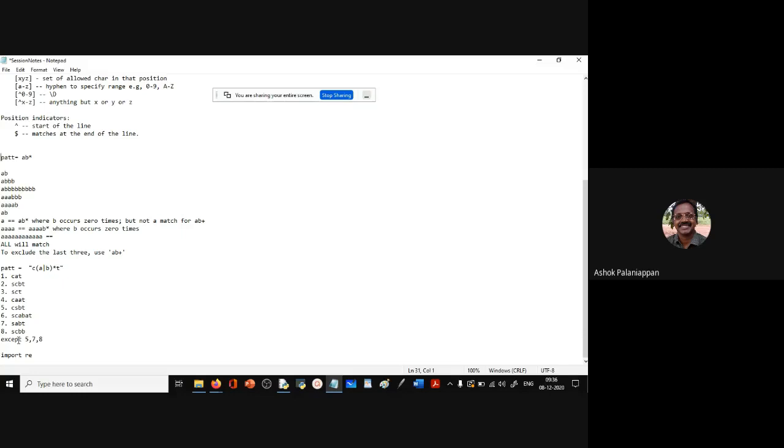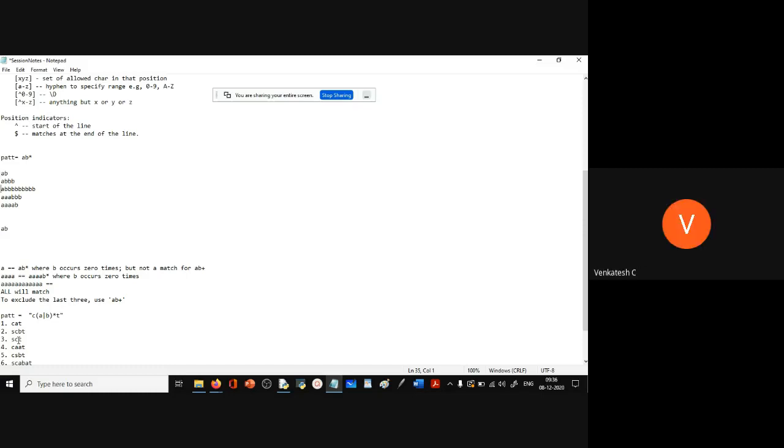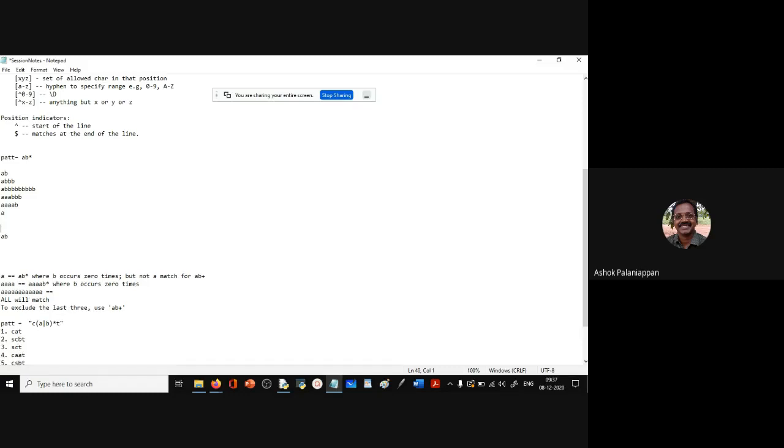Okay. So let's say now my pattern is AB star. Now when I say my pattern is AB star, what do you think? Which all here will be matched? I have given 4 examples here. Which all patterns here will be matched by AB star? Sir, 1, 2, and 3. 1, 2, and 3. Now even 4 will be matched because this is the AB star and this is also AB. Now how about A? Will A be matched? Yes, sir. A will be matched.